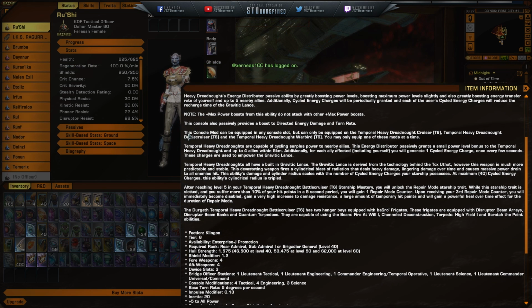Definitely awesome. This console mod can be equipped in any console slot, but may only be equipped on the Enterprise J variant of the Klingon, Federation and also the Romulan Warbirds, and only one of those at any given time. The Temporal Heavy Dreadnoughts are capable of cycling surplus power to nearby allies. The Energy Distributor